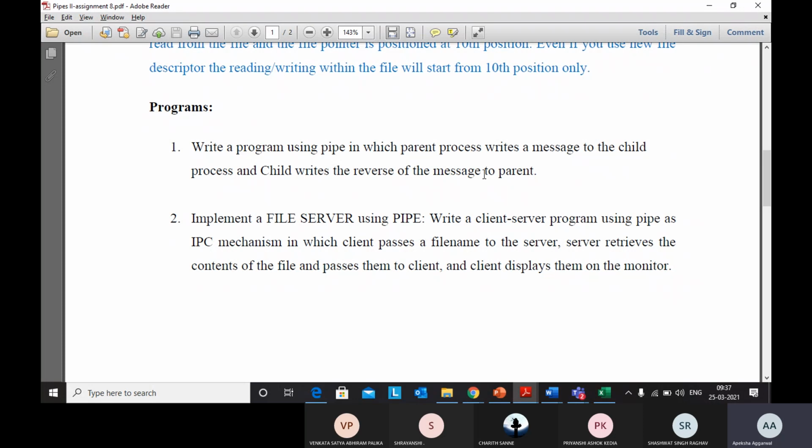So for this program, the child and parent processes are there, and one process is reading while the other is writing. Similarly, when you want to print the reverse, you need to append.